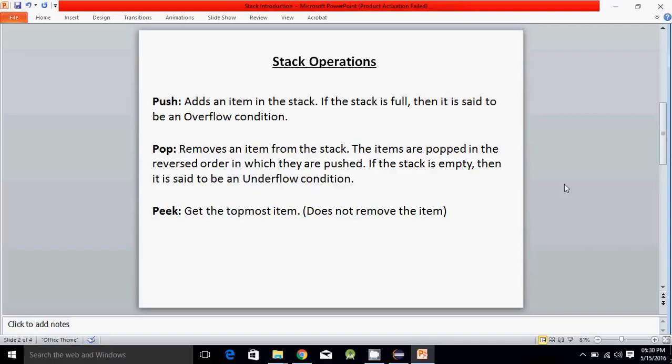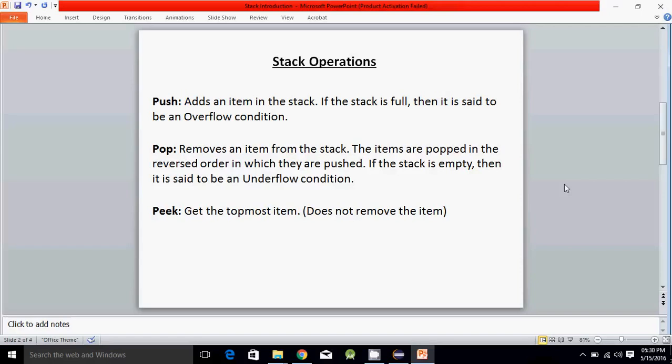If the stack is empty at the time of pop, you have to check. If the stack is empty, then you cannot remove or pop any item from the stack, because none is there. So it would be an underflow condition. You also have to check the underflow condition at the time of the pop operation. When you perform the pop operation, it removes the item from the top of the stack and also returns the value of that deleted item. In return, you can get the information.